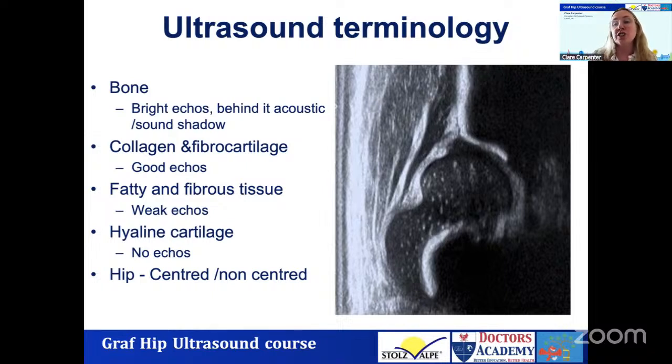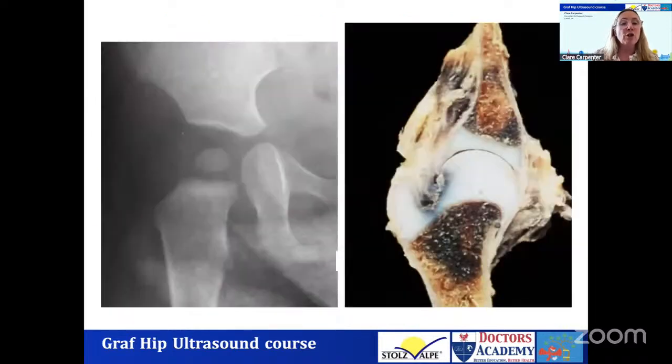It is not centered within the acetabulum. And again, Sandeep will embellish that a little bit further on. And of course, we all know this is why ultrasound comes to the fore with regards to the identification and quantification of the neonatal hip, because the majority of the proximal femur and the developing acetabulum within the neonate